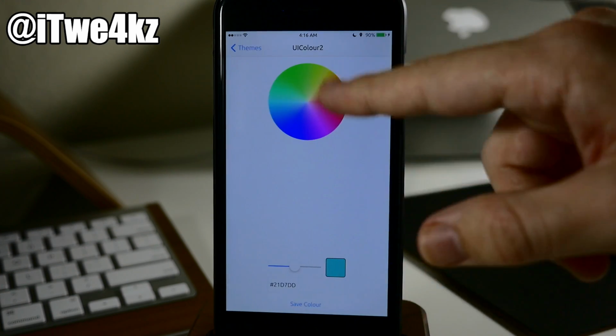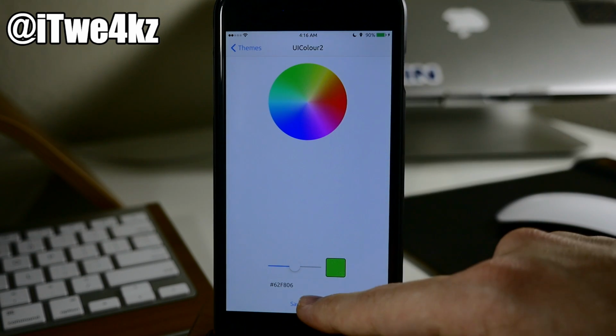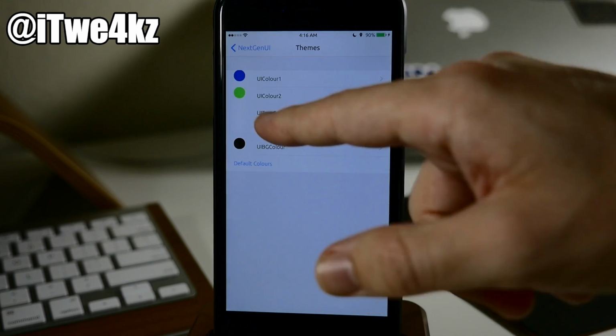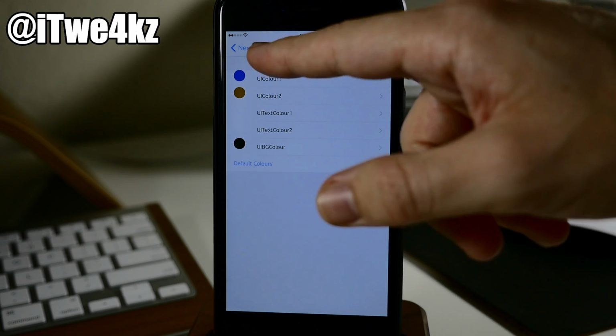I'll show you that you can just change all of these, and then once you change one, you actually just want to tap Save Color right down here at the bottom. Make sure that it flashes, that way it saves, and you can see that right there. But let's go ahead and just do the default colors just to show you what it looks like